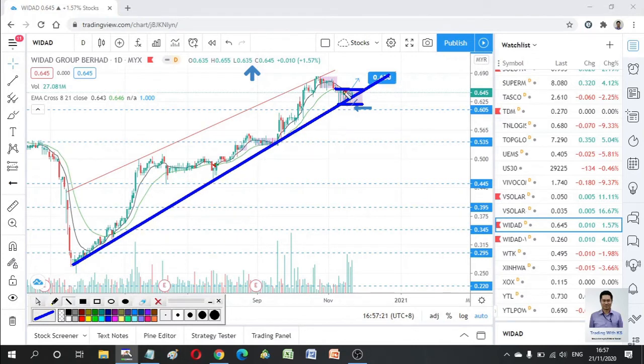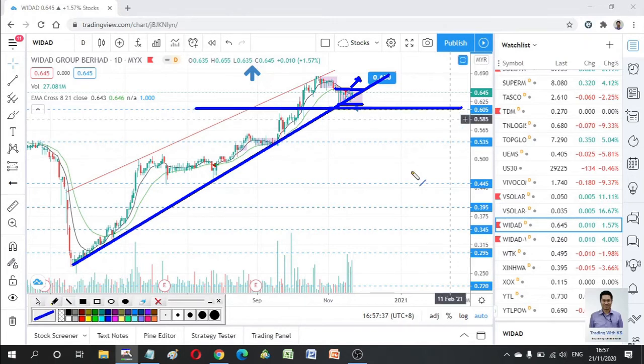But the problem is, as I said last week, if the price can come out from this consolidation area, then there is a possibility to buy, because of the support of this trend line and this horizontal trend line. But assume that the price has lost momentum, so you have to be careful. If it comes out, maybe there's a possibility to buy. If it comes down, then this is your stop loss.